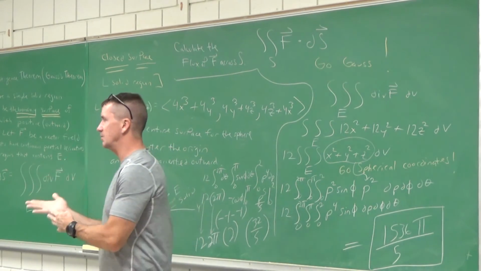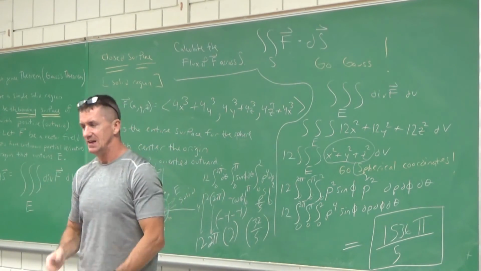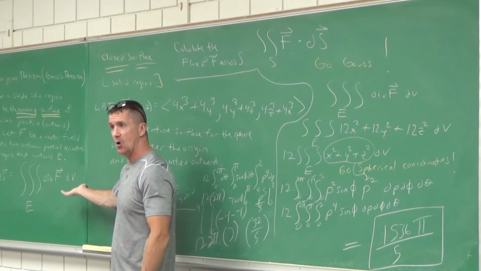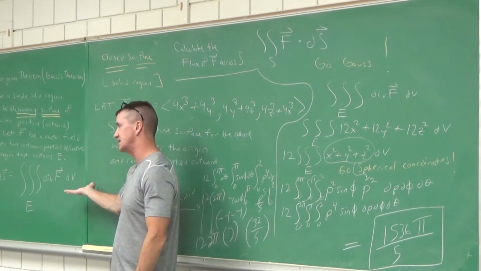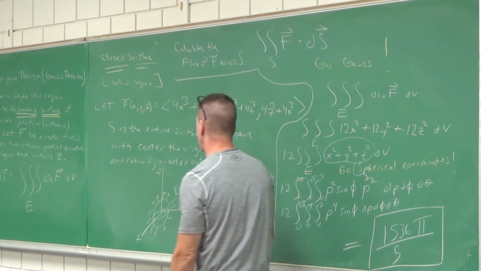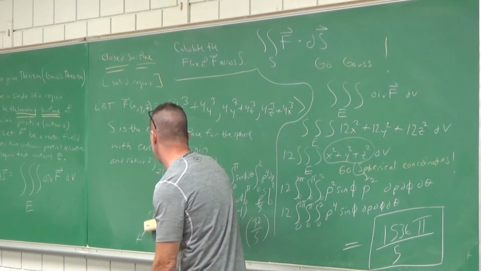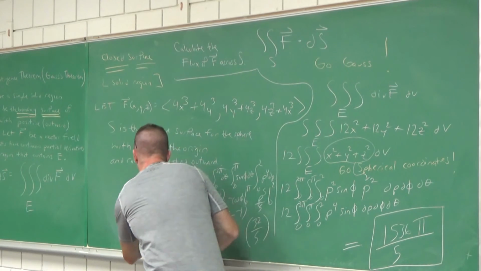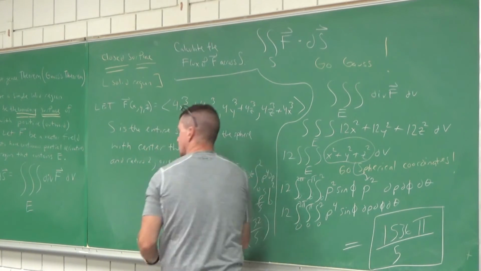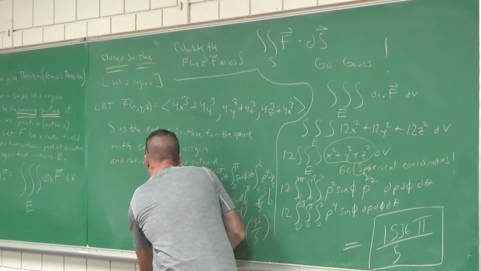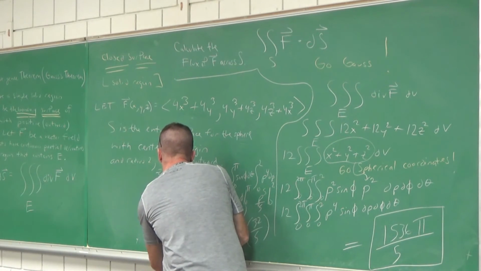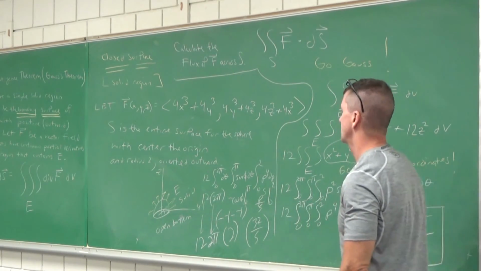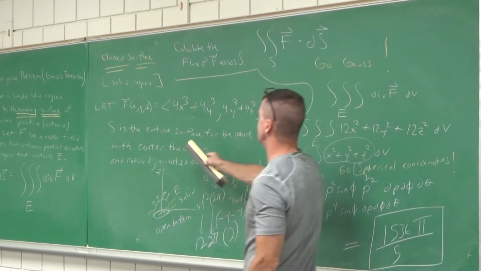Because when I find a flux directly, it's kind of a pain, isn't it? So, I mean, this theorem makes it so smooth, so elegant, so easy. So my problem now is, well, what if you had just the top half there? Can I not divide it by 2? But now, I want to make a note. It's got an open bottom. So what I mean is, don't do the flux off the bottom. So now it's an open surface. Okay. Now it's open, so it's not the entire surface anymore.